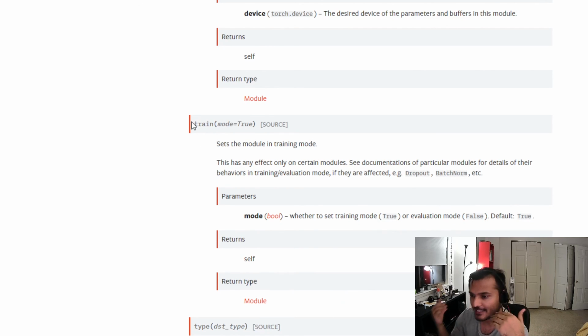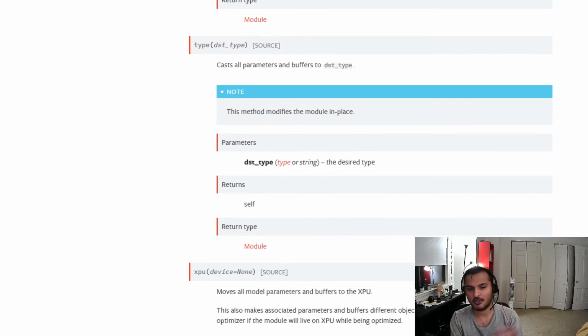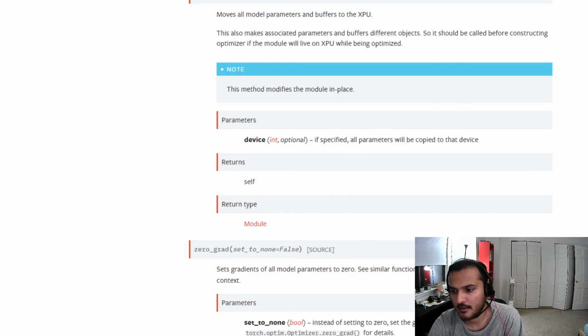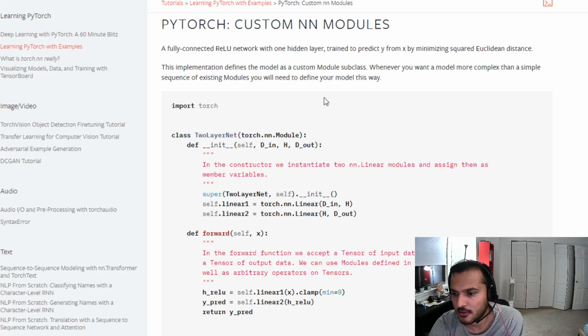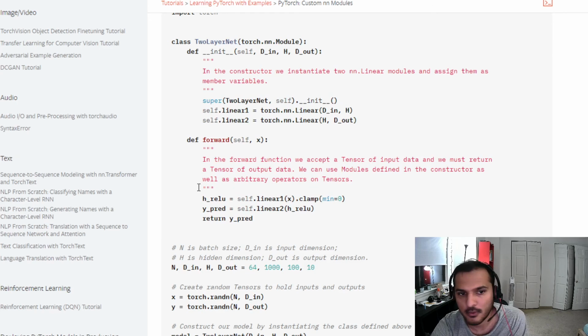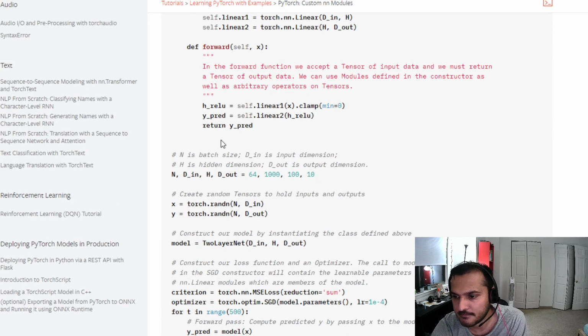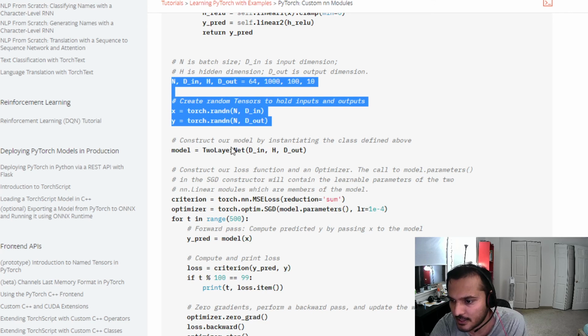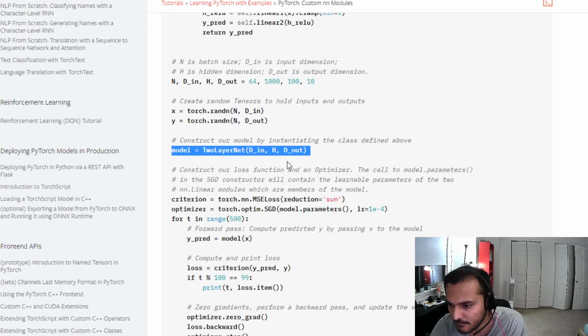So just like there was an evaluation mode, let's say from evaluation mode you wanted to go into the training mode, you will call model.train. So that's that. Let me open up a training loop. All right, let me show you a training loop. So here's another two-layer network with two linear layers. And this is the forward pass. Something happens. And basically some test data is created and then the model is